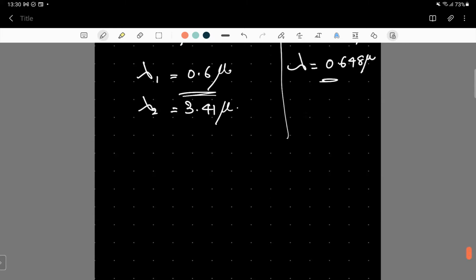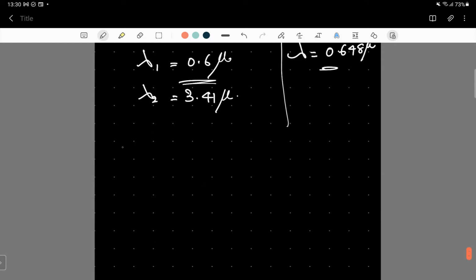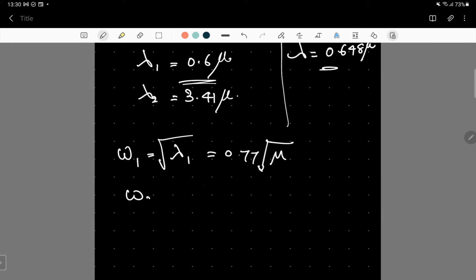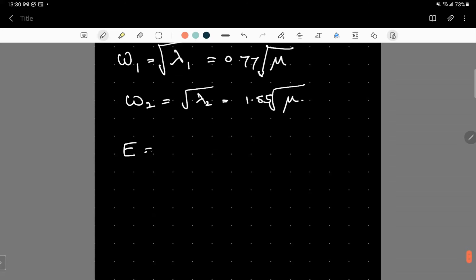Since we have calculated the lambda values, it's all about calculating now the omega. So omega 1 is equal to square root of lambda 1, which is 0.77 square root of mu, and omega 2 is equal to square root of lambda 2, that is 1.85 square root of mu. So if we assume the modulus of elasticity to be 3 times 10 to the power 6 pounds per square inch,